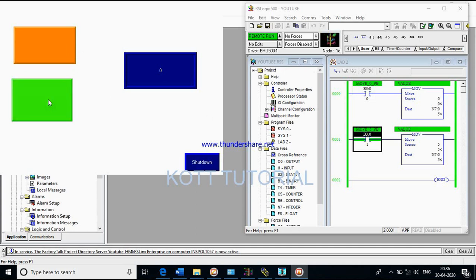If I press this, 5 is moved to N7:0 and we can see 5 here. In this manner, we can test our entire PLC program in a PC without having any physical PLC or HMI.